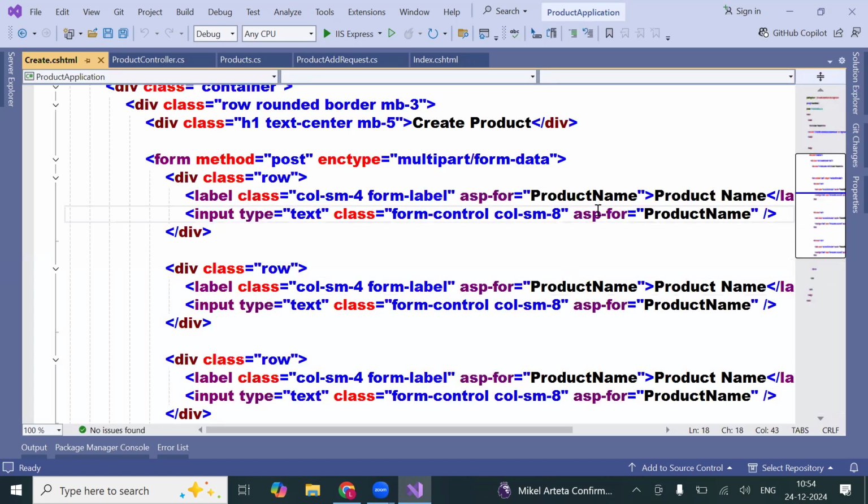Do you all understand this one? Say yes or no. Yes, sir. Okay. Now here I'm going to use